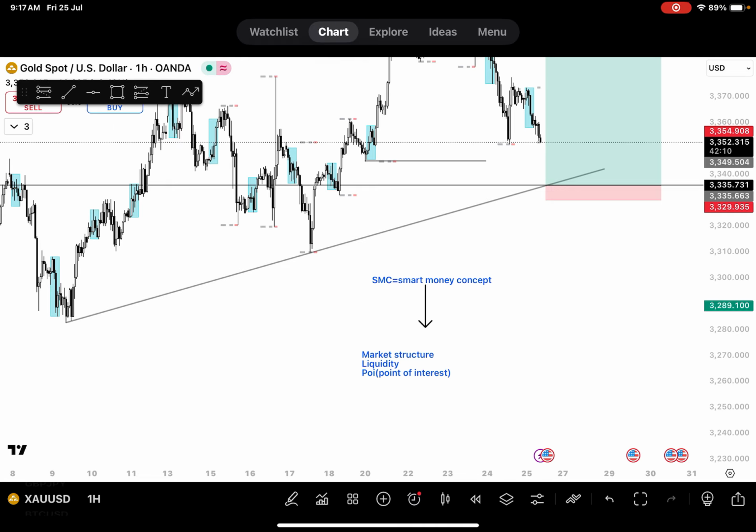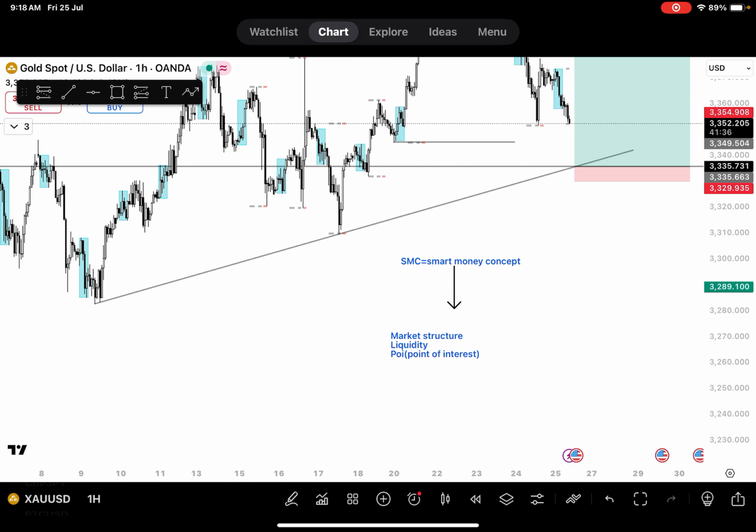You understand? Before we dive into the main things that make our strategy work, we are going to explain each and every one of these: market structure, liquidity, and POI. When you get to know what market structure, liquidity, and POI mean, that's when we get to know the functionality of our SMC, and how it helps us win trades in the market. You understand me? So let's dive down to